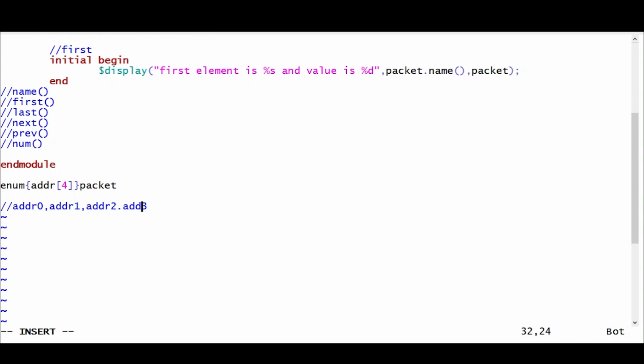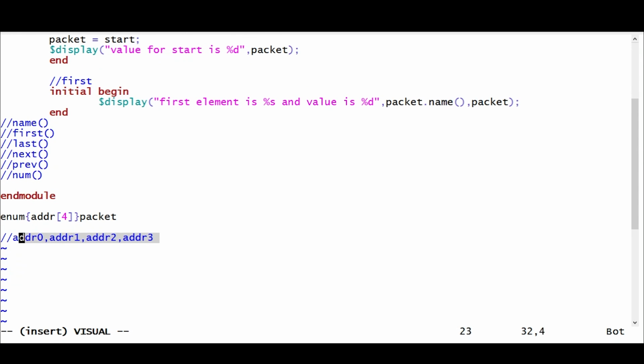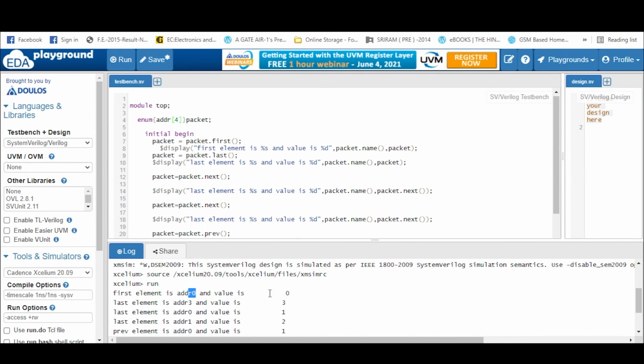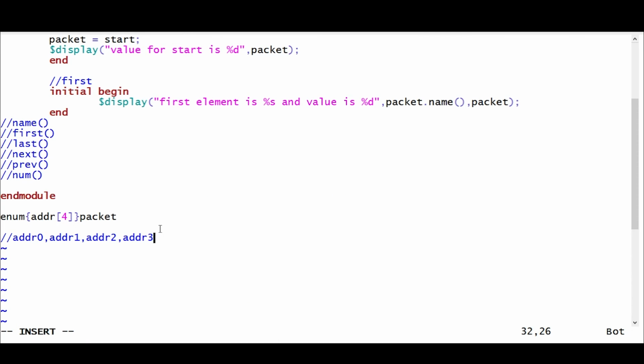So this is helpful, right? This was for our address, like 0, 1, 2, 3. And what are the values assigned to it? The value of address 0 is 0, so the values will be the same: address 0 will be 0, then 1, 2, 3.